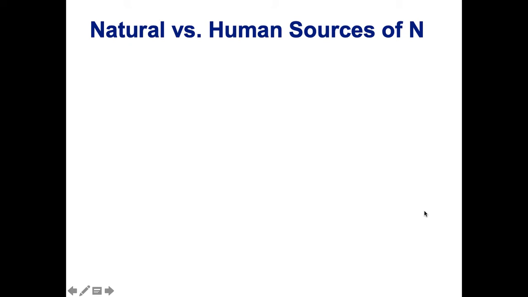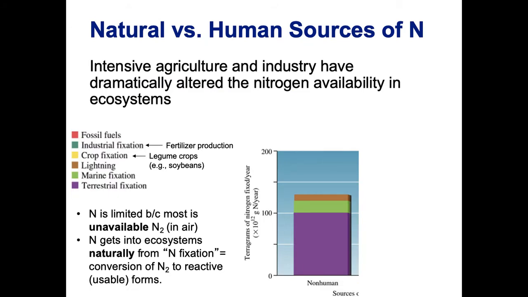Okay, so I want to talk a little bit more about nutrients and where they come from before we move on to other types of pollution. So we're going to talk about nitrogen in particular. Nitrogen comes from intensive agriculture and industry, and we have dramatically altered the nitrogen cycle on planet Earth. Nitrogen has historically been very limited. There is a lot of nitrogen in the air in the form of nitrogen gas, which you can see here